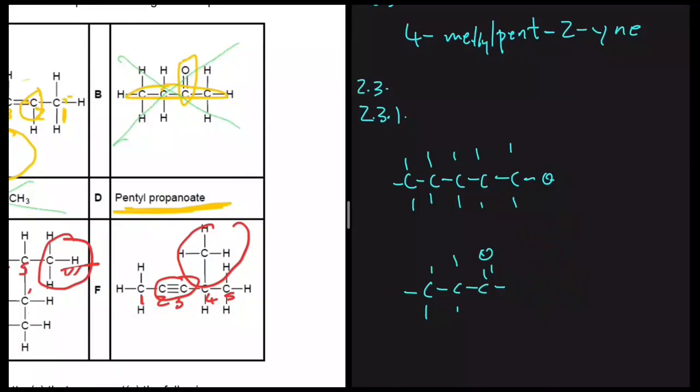So let's put it in our structural formula. So here we're going to have dash, a carbon, an oxygen, carbon, and then there we go. So like I said, everywhere where there's a dash, we just put hydrogens, right? For the sake of time. Now let's do